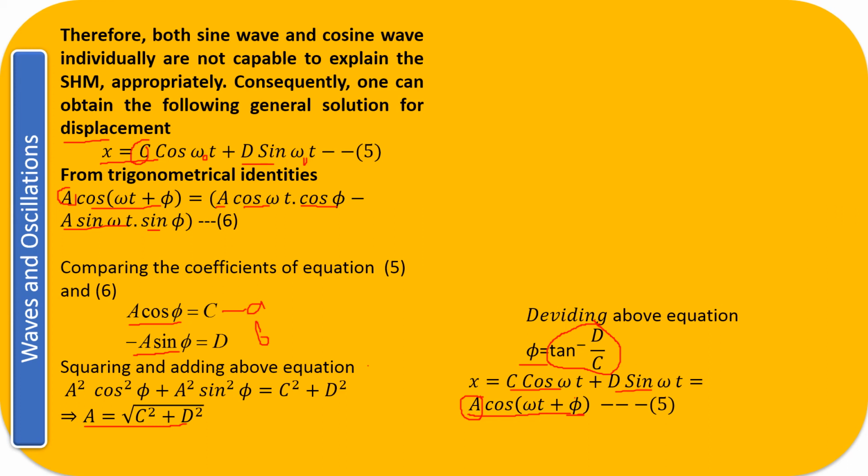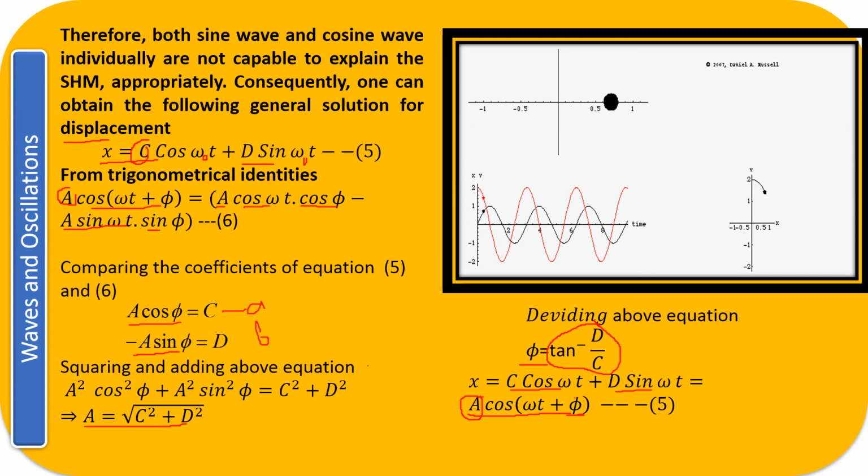So A cos(omega t plus phi) is going to totally explain the previous case that we had seen, where the sine was able to explain the displacement component properly, but the velocity component was not getting explained, and vice versa with the cos, right? That was coming because we had not considered the concept of the phase, but now we have considered the phase, and that anomaly has been removed. So the actual solution will be x equal to A cos(omega t plus phi), right? And now you see how they will be in phase.